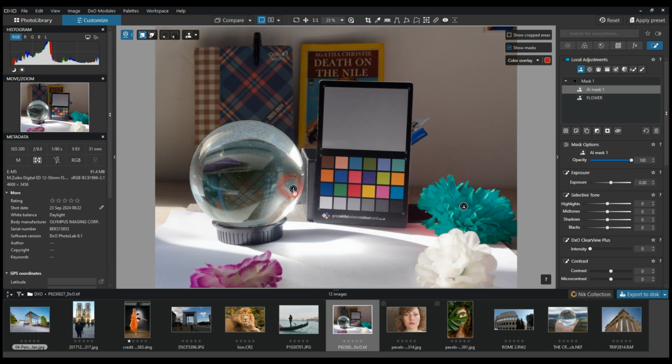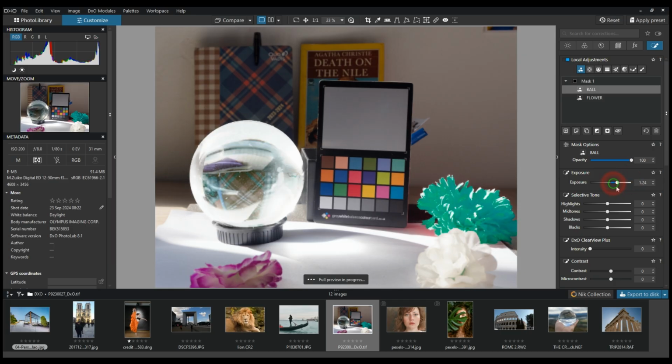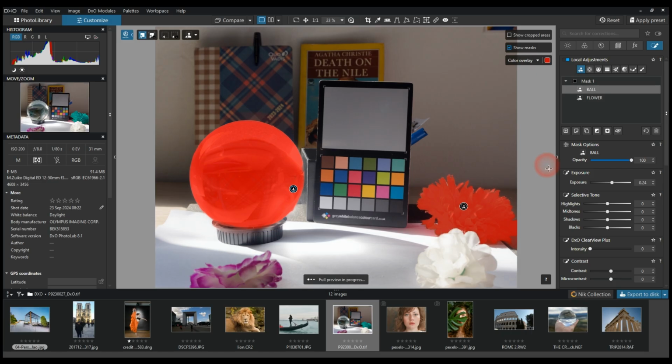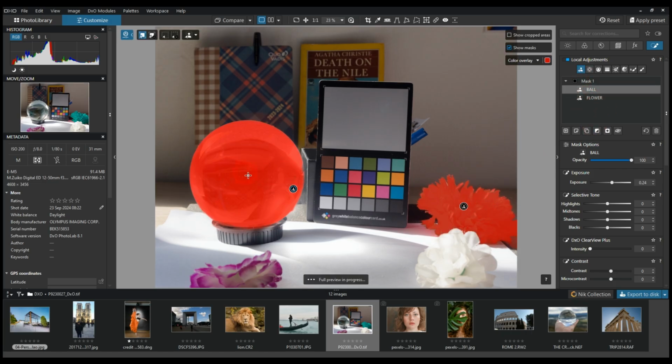Now it's good. So I select it, and now let's name it ball, right? Now we see if it's working perfectly, yep, it is. But it's also selecting, oh, hang on a second, I know what's happening. The mask is working on both sides. So what you have to do is click plus, which I forgot. So you can either click plus,